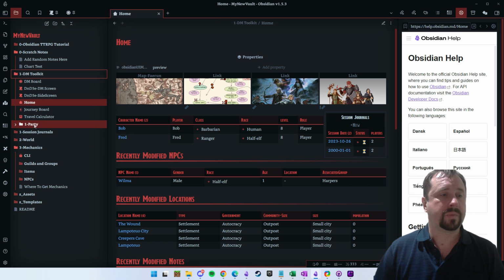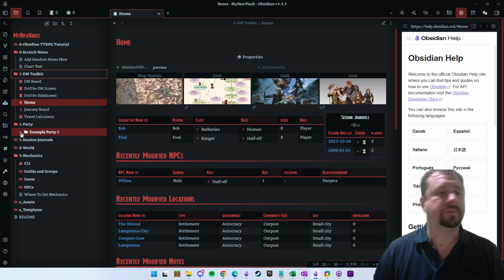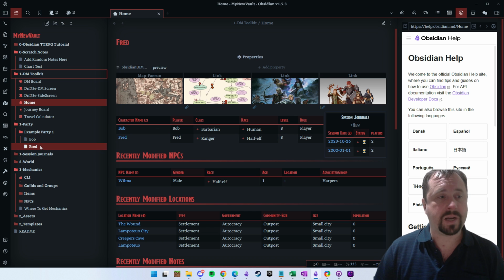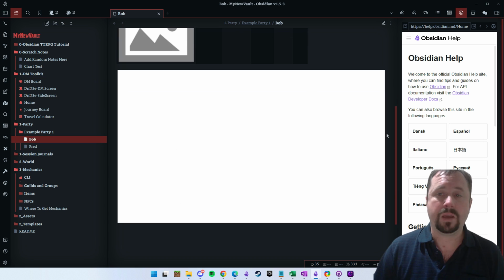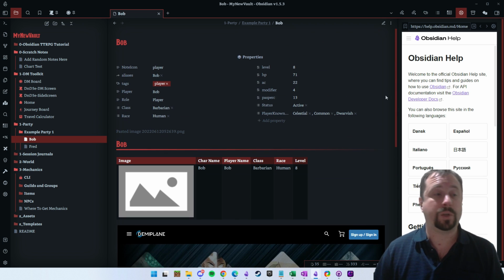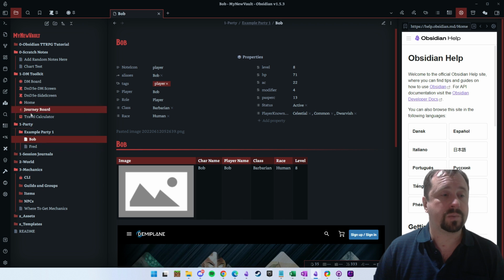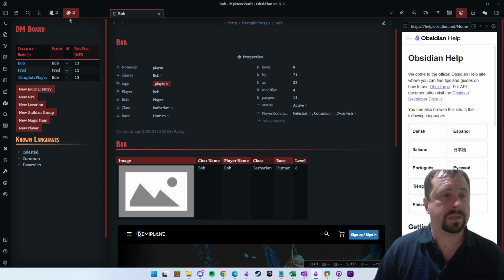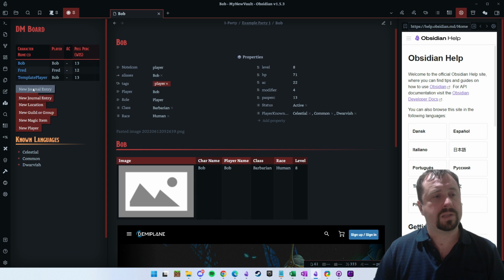So then we go to the party folder. The party folder is where I've designed for you to have a note per party member. And you can see I've got my friends Bob and Fred. They've already got notes in here. Obviously, I do recommend that you go through and set these up however you like, but this is where it's designed to make. Now, if you come into my DM board,